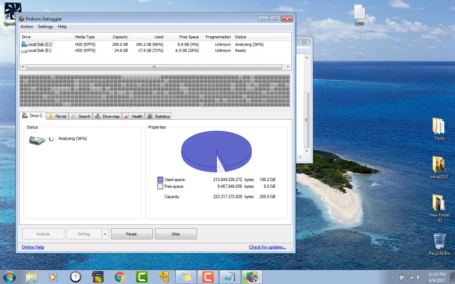Now I ended up canceling this because I do not have more than 10% of free space, and to do a decent defrag on a drive, you need at least 10% free space on the drive. I've got way too much stuff on here, and all my drives are full, and I can't do a backup